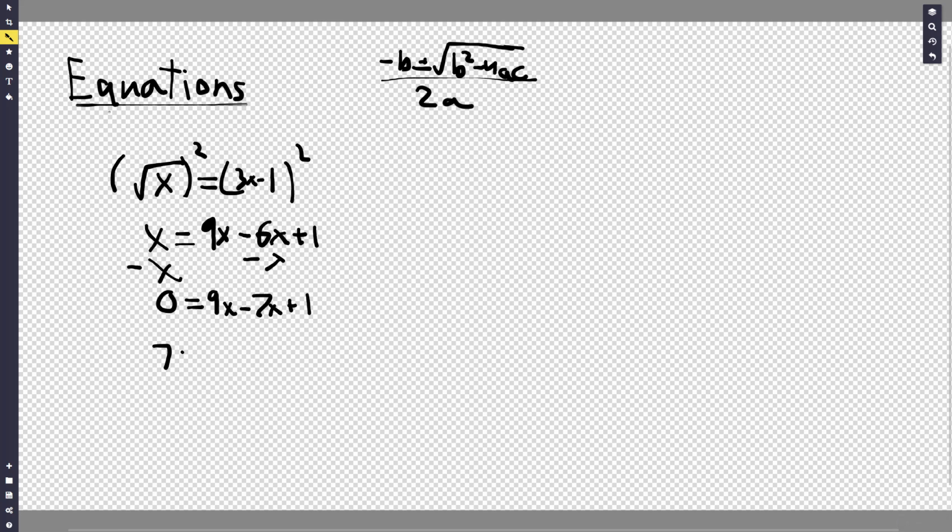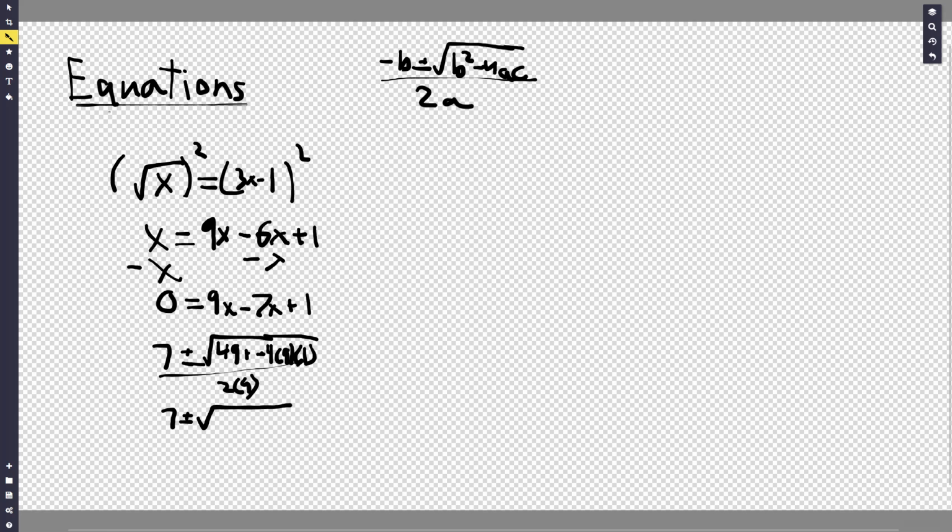So negative b is positive 7, plus or minus the square root of b squared, which is 49, plus negative 4 times a, which is 9, and c, which is 1. So we're left with this divided by 2a, which is 2 times 9. Let me give it more space. We divide this by 2 times 9, and so we get 7 plus or minus the square root of